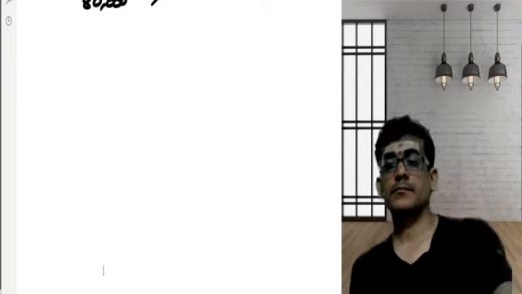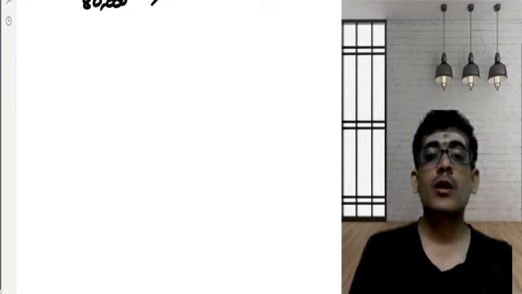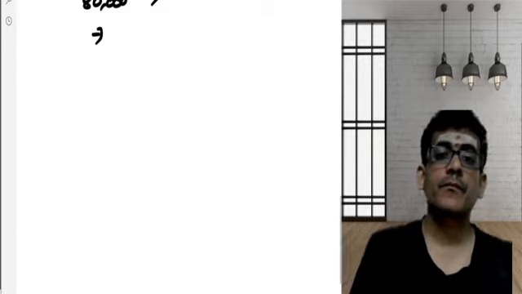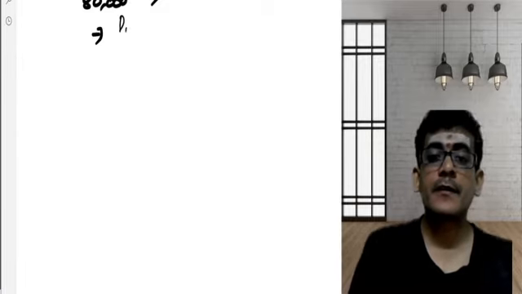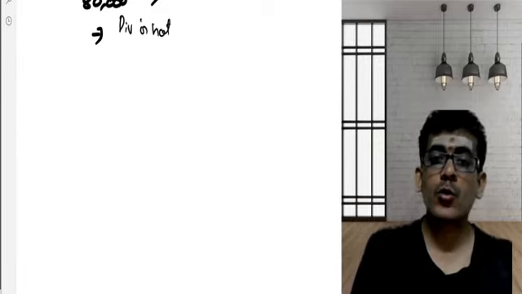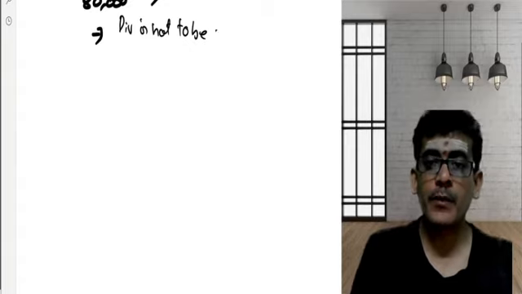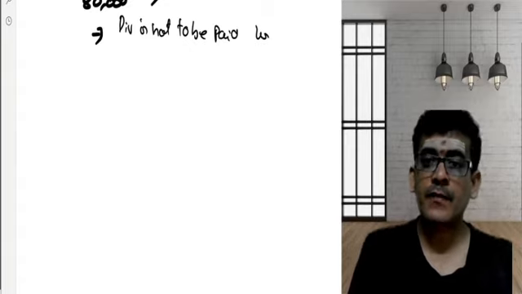1,51,000 is more than 1 lakh. Right. So now the last condition is what? Dividend is not to be paid unless